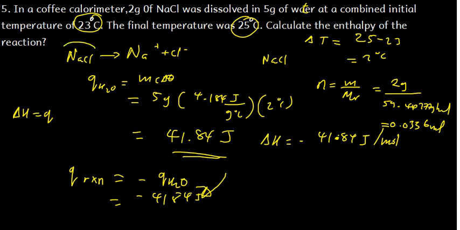As you can see, 1 mole of sodium chloride is being broken into sodium ions and chloride ions, so that is why we are saying per mole. Now the moles of sodium chloride present are less than 1 mole. So we're going to say if 1 mole is giving us negative 41.84 joules,